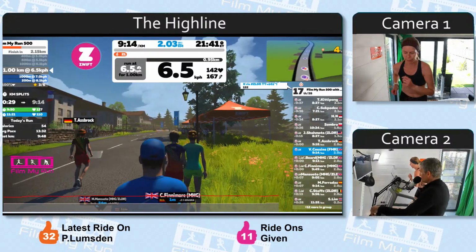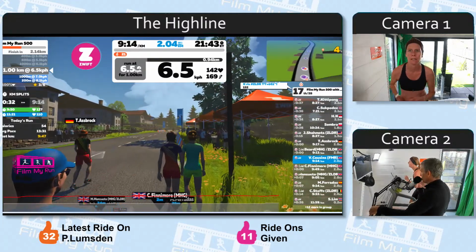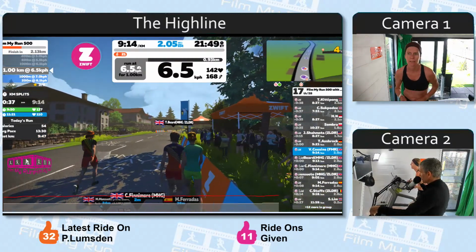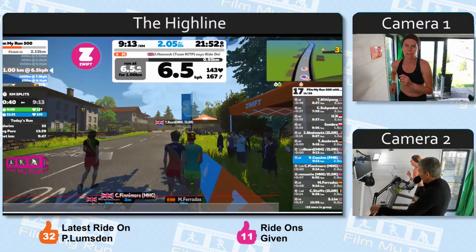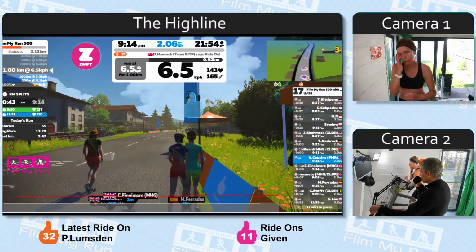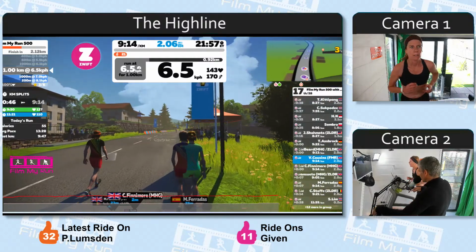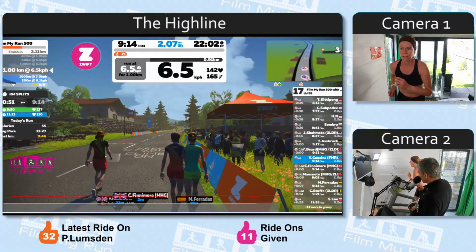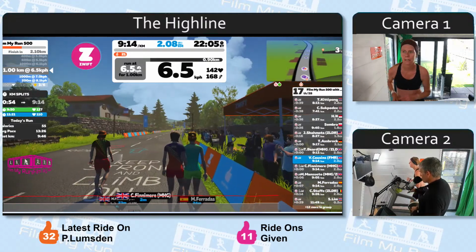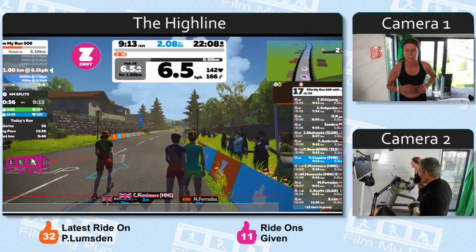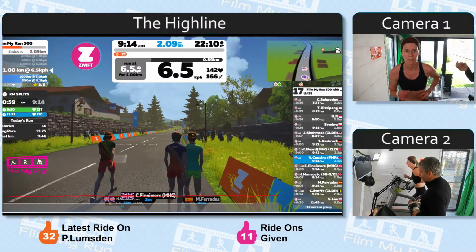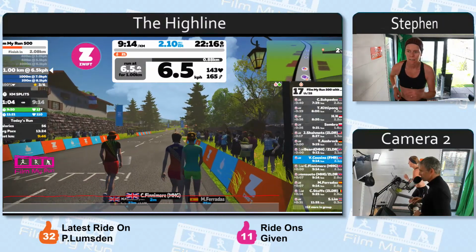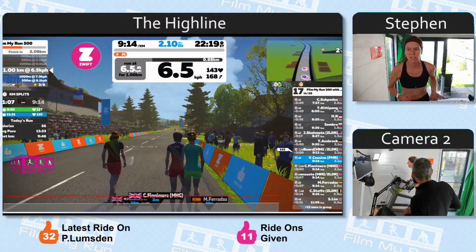On Zwift, if you press keys 1, 2, 3, 4, 5 through to 0, you can cycle through the camera angles. I've done a program which automatically presses those buttons at random intervals, and also the left, right, up and down buttons for the drone view. That program automatically runs when I run Zwift, and I haven't got it on today because Victoria doesn't like the camera angles being on. She likes to see the view from behind. She says she gets disorientated otherwise. What was that you said, Victoria?